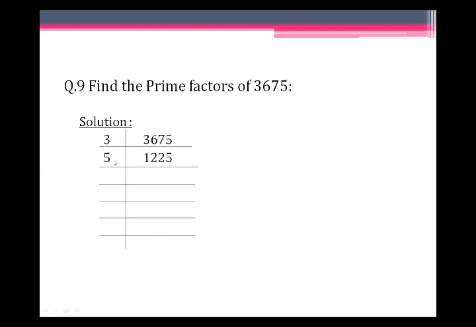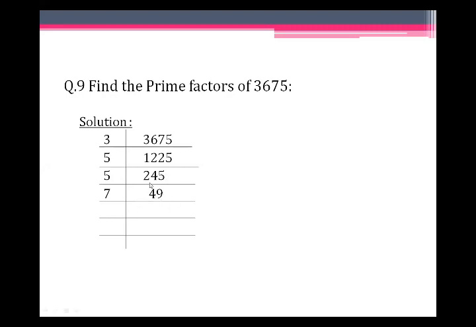So students, here this number is divided by 5. So here we write 5 2s are 10. 2 is carry over 2. It becomes 22. 5 4s are 20. 2 is carry over 5, it becomes 25, and here 5 5s are 25, so it divides completely by 5. Here students, 245 is divided by 5. Here we write 5 4s are 20, 4 is carry over 5, it becomes 45. 5 9s are 45.